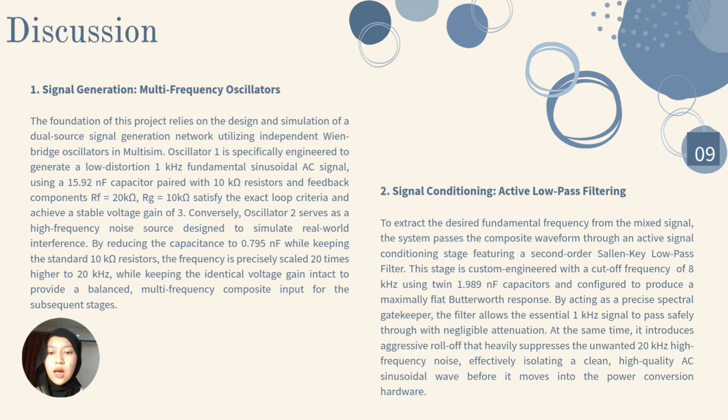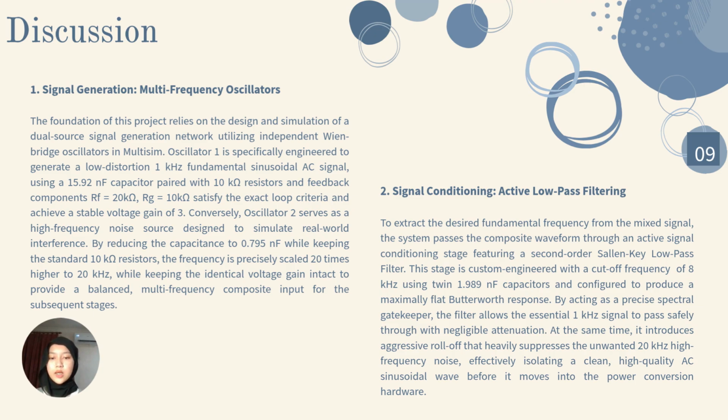So now we move on to the discussion section, focusing on two main stages. First, under signal generation, we designed a dual source network using two independent Wien bridge oscillators in Multisim. Oscillator 1 generates a clean 1 kHz sinusoidal signal to act as our fundamental AC source. Oscillator 2 acts as a high-frequency noise source at 20 kHz to simulate real-world interference. Combined, this provides our multi-frequency